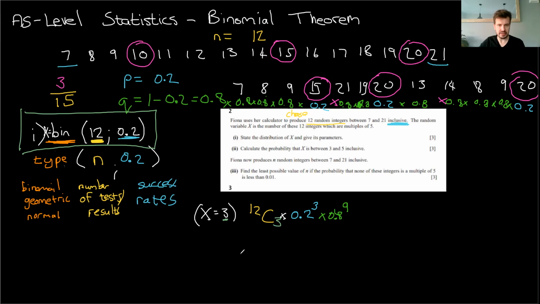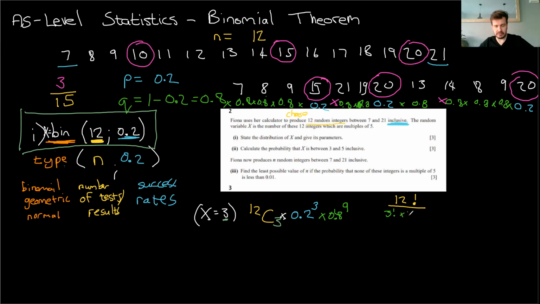Now, for those of you who don't have this button, or if you're just interested in what this means, it's 12 factorial over... 12 factorial, with this exclamation mark, means 12 times 11 times 10 times 9 times 8 times 7 times 6 times 5 times 4 times 3 times 2 times 1. And then you take the 3 factorial at the bottom, so 3 times 2 times 1. And then you say 12 minus 3 is 9. And then it's the 9 factorial